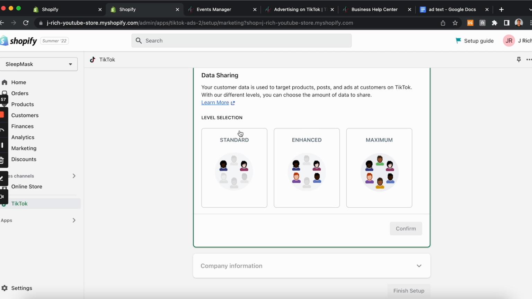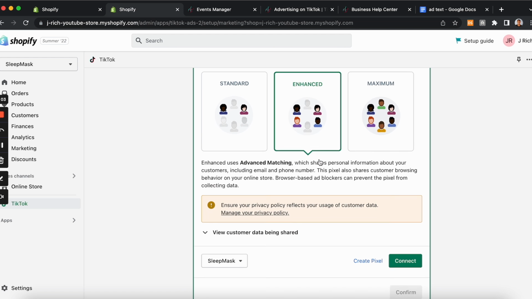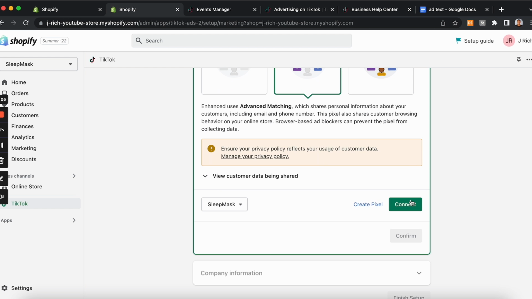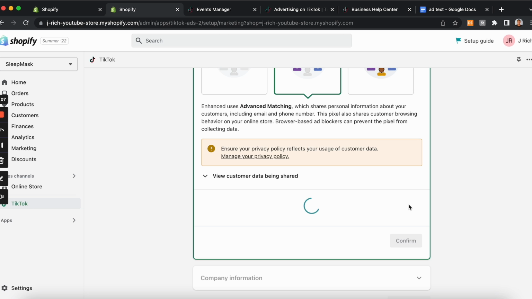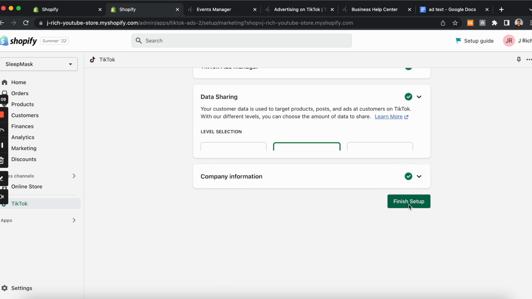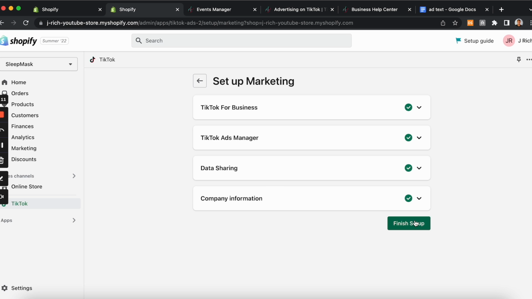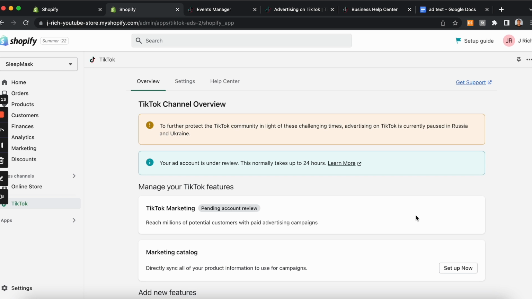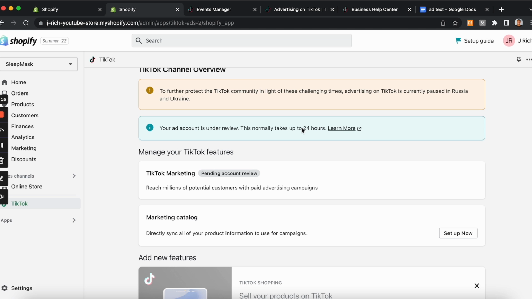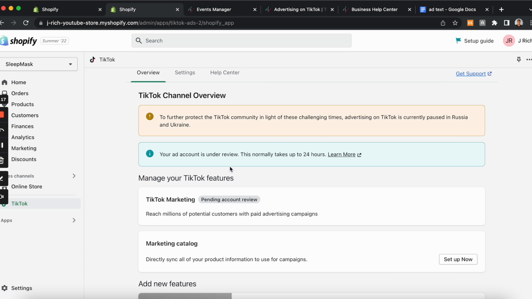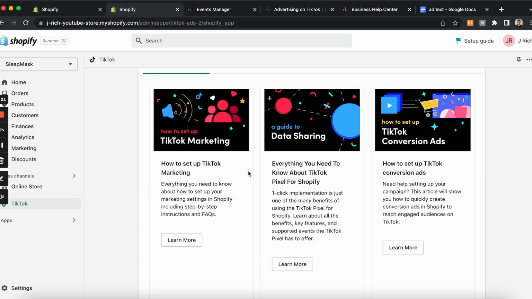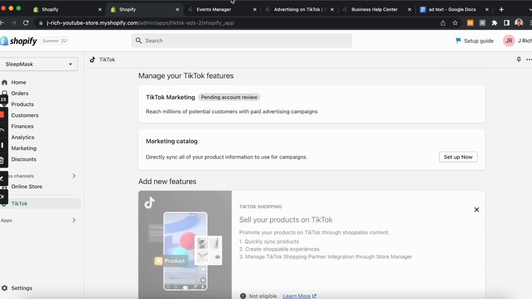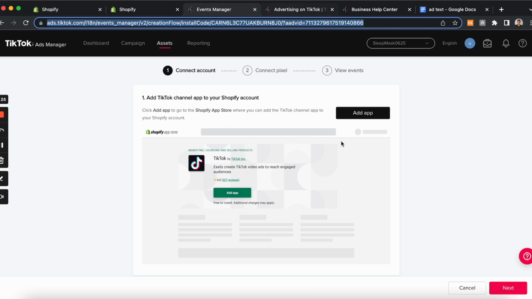So here you get to choose. It's similar to Facebook. You have standard, enhanced, and maximum. I'm going to choose enhanced. And then I'm going to hit connect. And then after I'm done with that, I'll hit finish setup. So right here you can see that my account is under review and normally takes up to 24 hours for it to be approved. But let's see when we go back to TikTok,